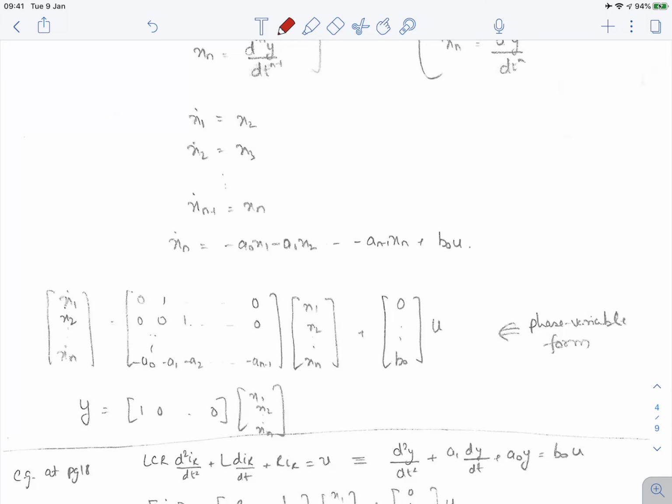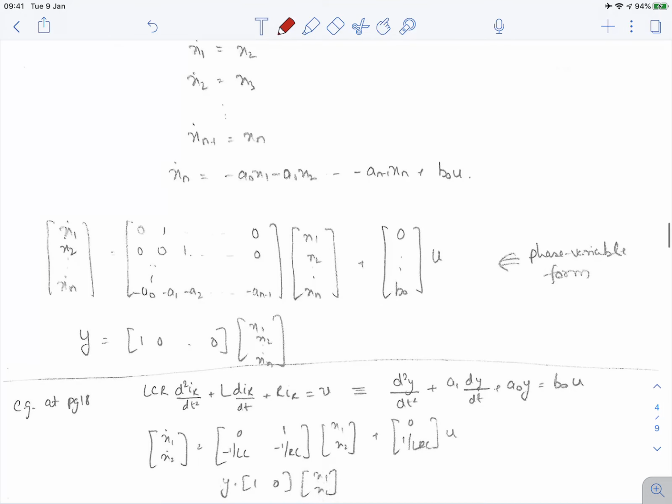So first of all, try to obtain the state space representation for different examples or problems from the textbook, just to get familiarized with the A, B, C, D matrices and with the notation also. And then we will see how you can solve those equations as well, and other properties